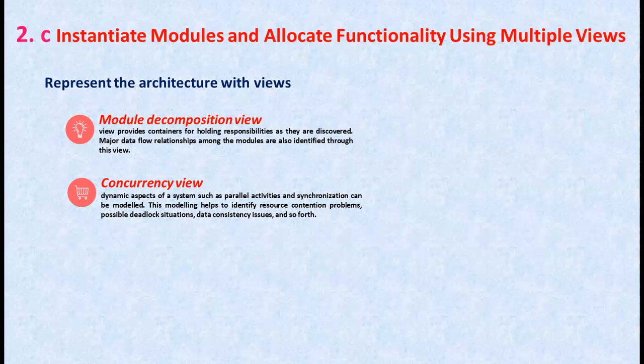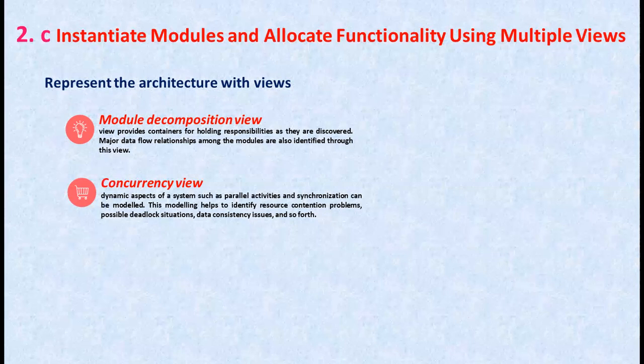So here the concurrency view is one of the component and connector views, where the components are the instances of the modules in the module decomposition view, and the connectors are the carriers of the virtual threads. So here a virtual thread describes an execution path through the system or part of it. So there should not be any confusion with the operating system's threads or processors, which imply other properties like memory or processor allocation.